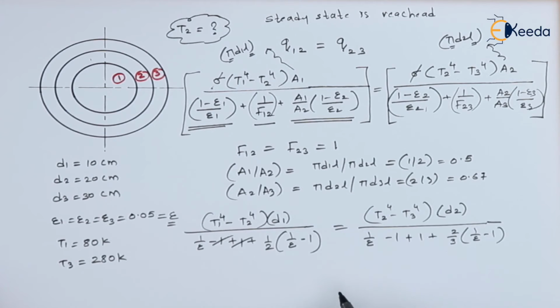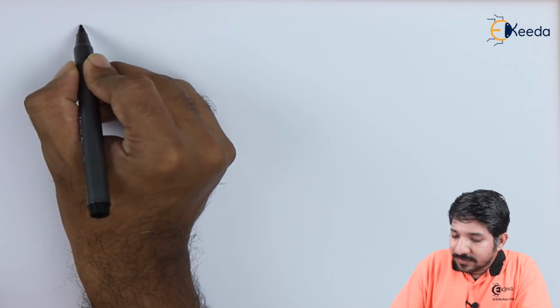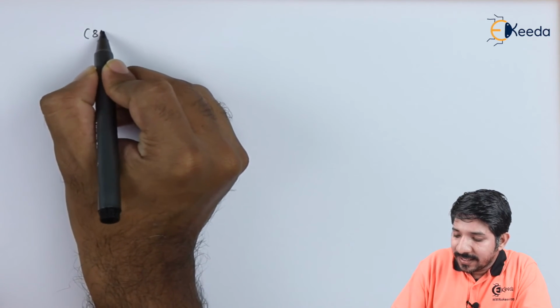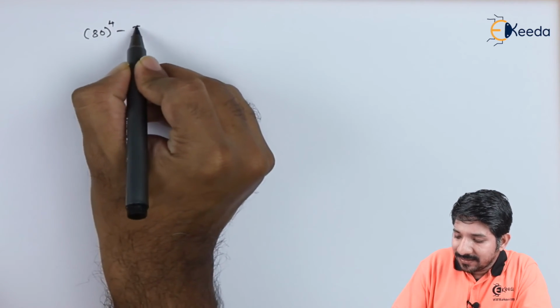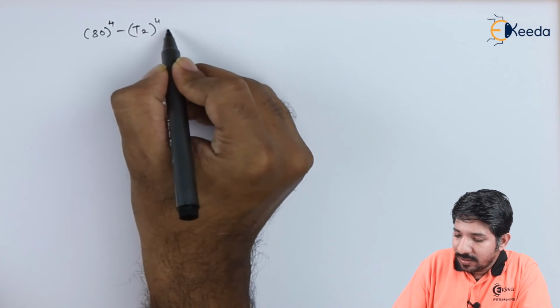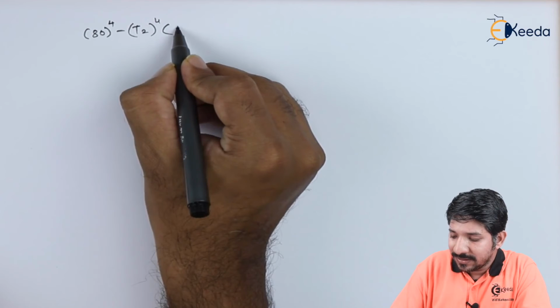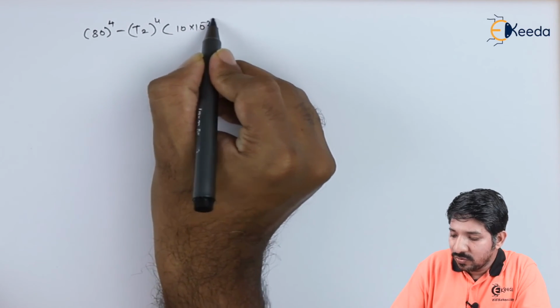Now how to simplify this? I can keep on simplifying this, but let me go to the next slide. So this is t1. Let me put the value of t1. The value of t1 was 80 raised to 4 minus t2 raised to 4. The value of d1 is 10 centimeters, so 10 into 10 raised to minus 2 meter